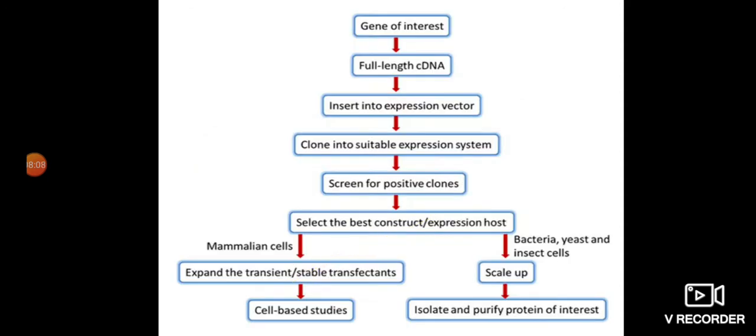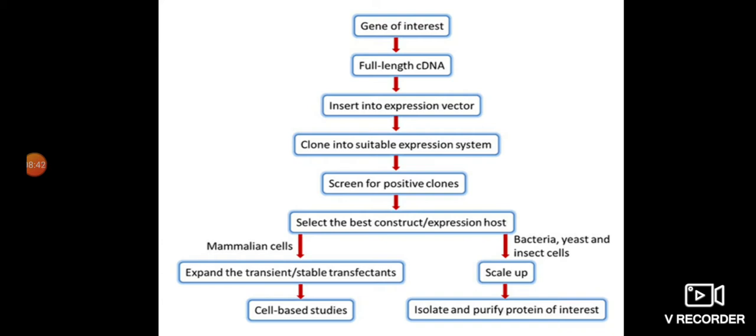So these are the steps. First, the gene of interest needs to be identified, then full length cDNA has to be synthesized, then inserted in an expression vector next to a suitable promoter, then cloned into a suitable expression system, either bacteria or yeast or mammalian cell lines or insect cell lines, then screen for positive clones which are producing our protein of interest, then select the best construct or the expression host which is producing protein in good quantity, then